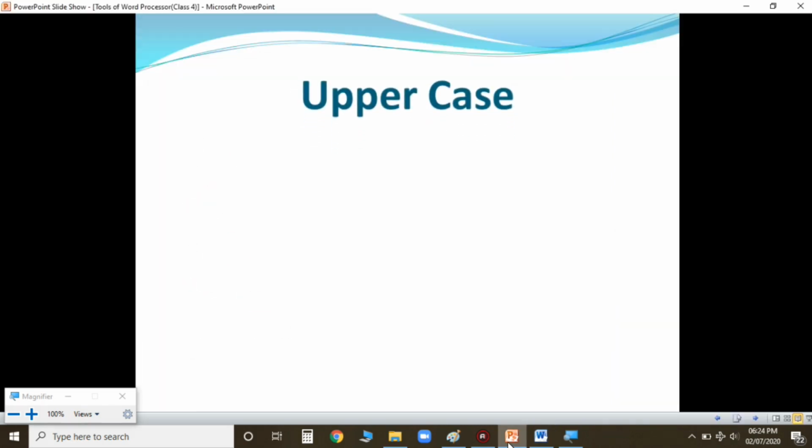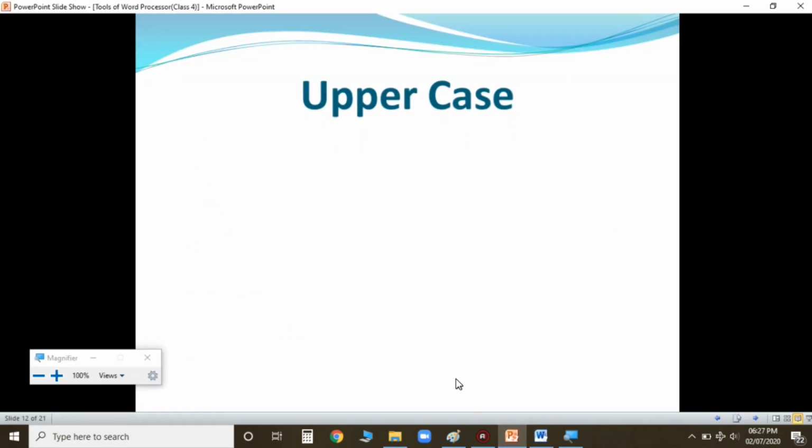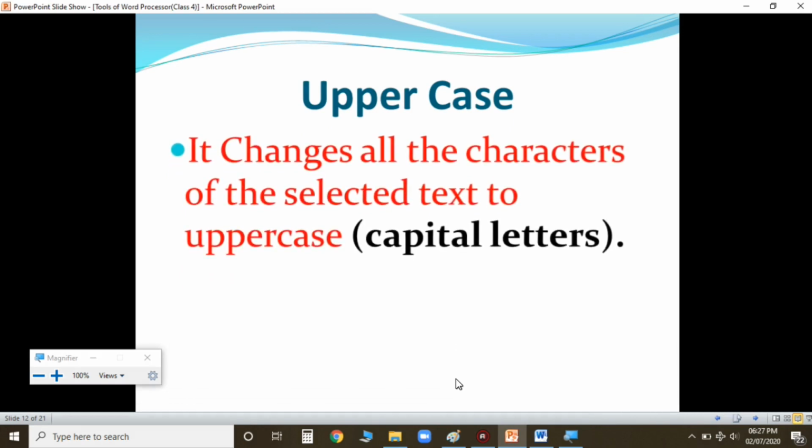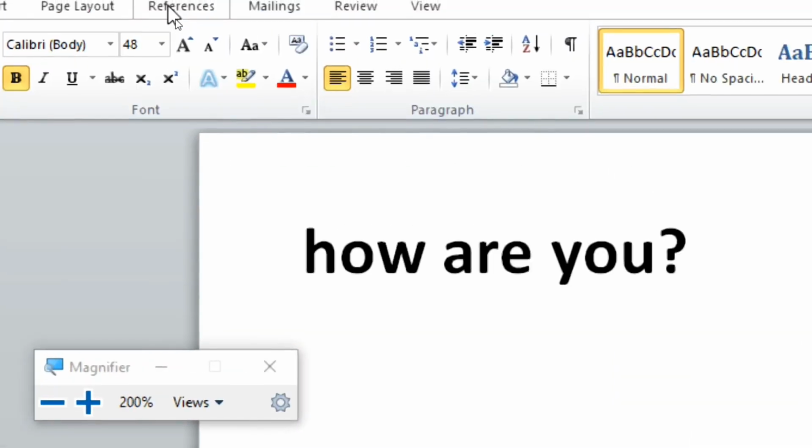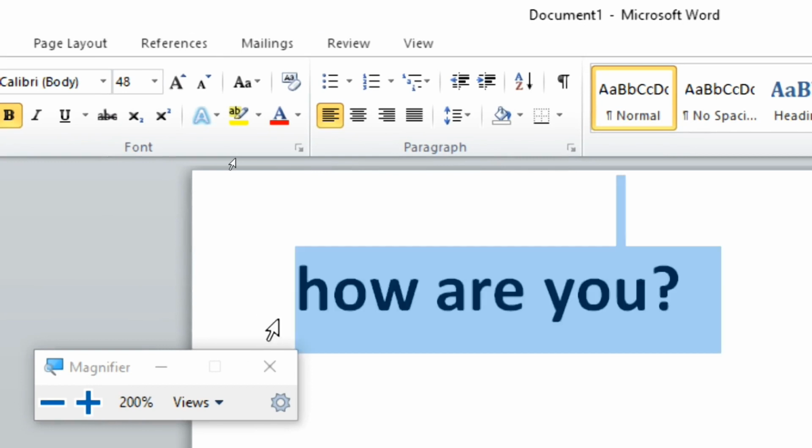Now comes uppercase. Uppercase changes all the characters of the selected text. Whatever text we select, it changes into capital letters. Every letter becomes a capital letter. Now I'm going to show you practically. I'll zoom my screen, select my text and again go here.